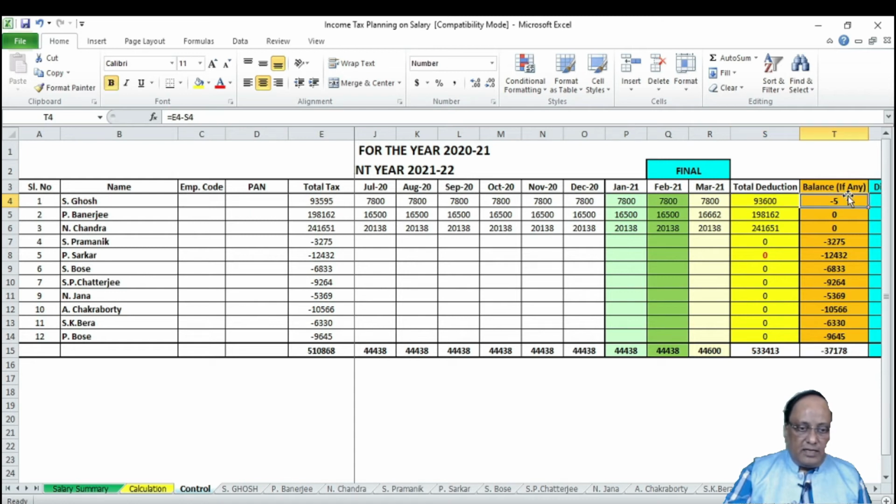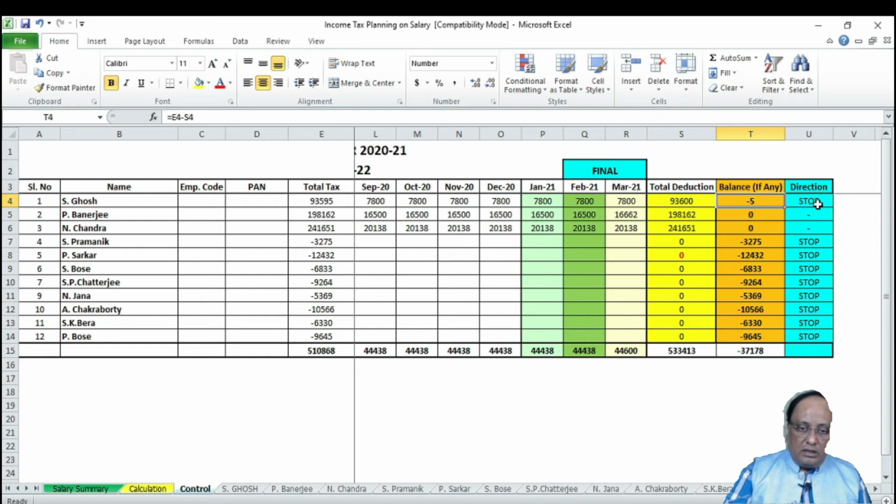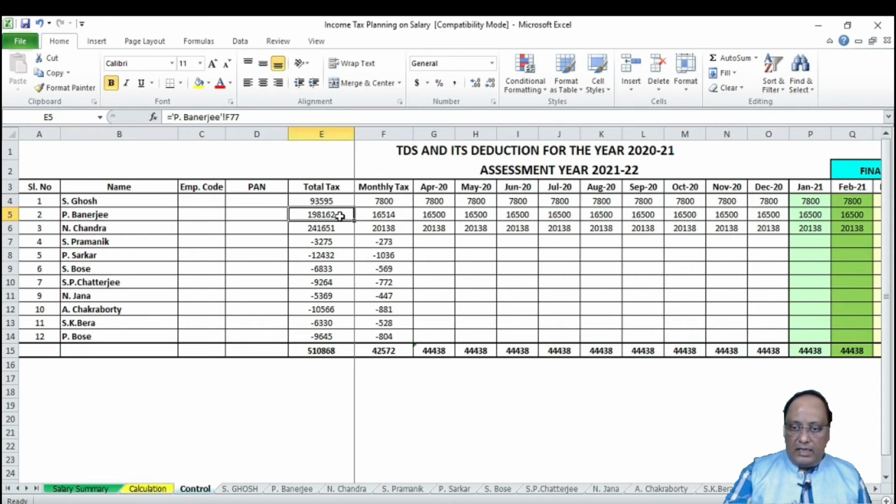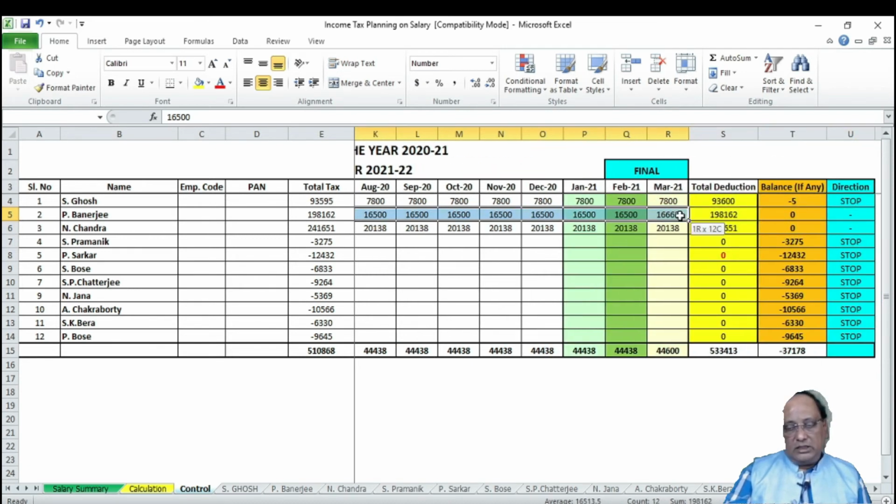Next man is P. Banerjee. His total tax should be 1,98,162. So per month it comes to near about 16,500, and we have deducted the equalized amount per month. Maybe some person can deduct on a higher side or lower side, but it should match at the end of the year.